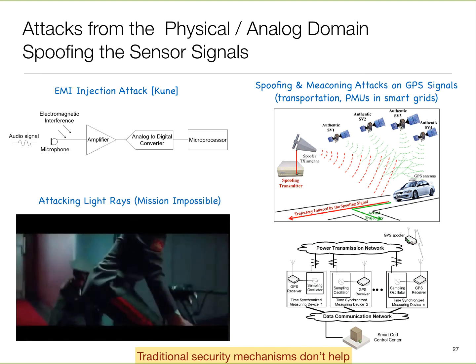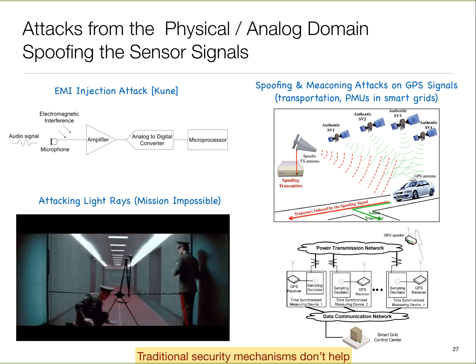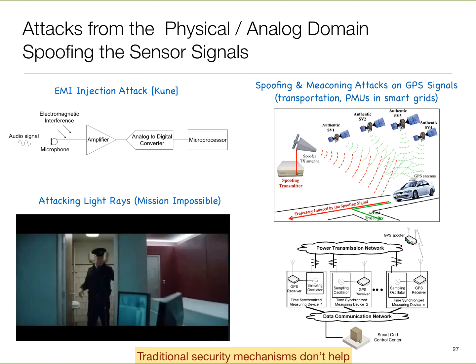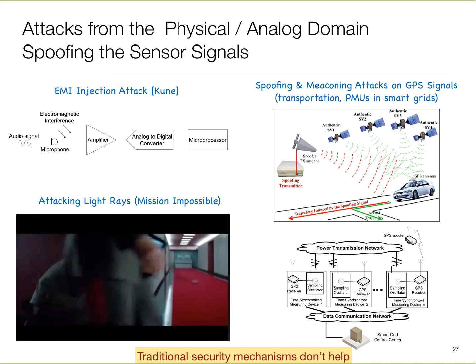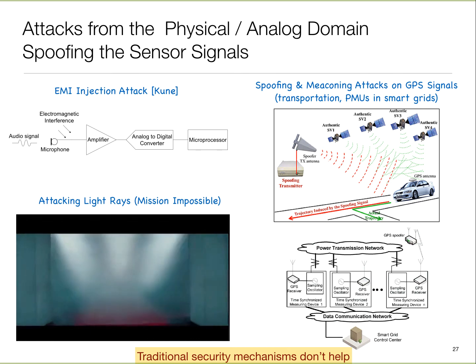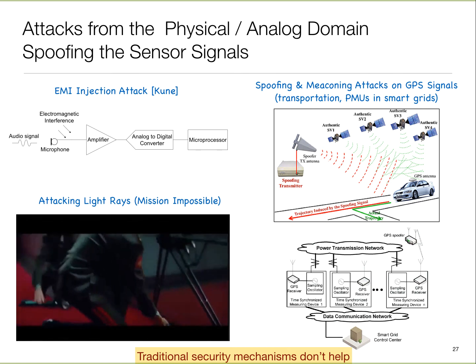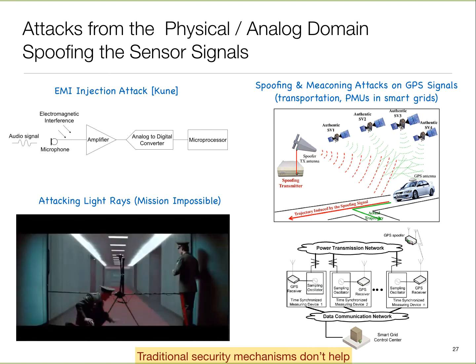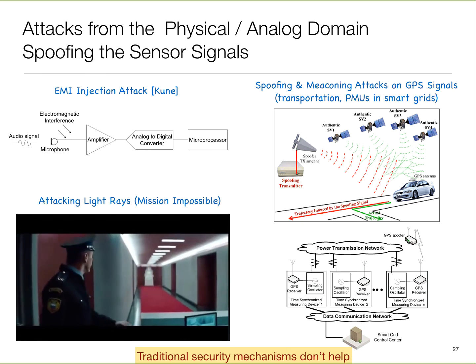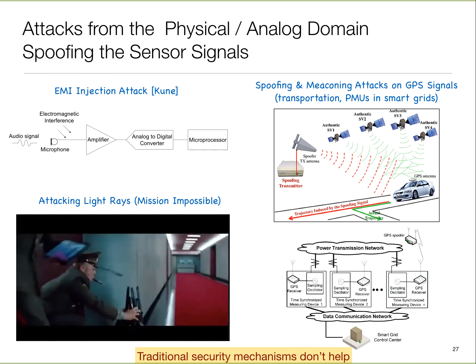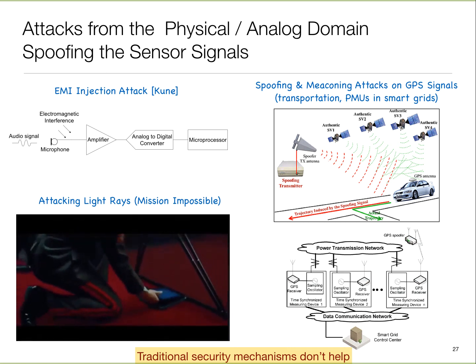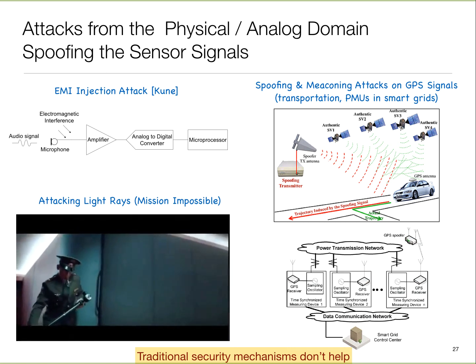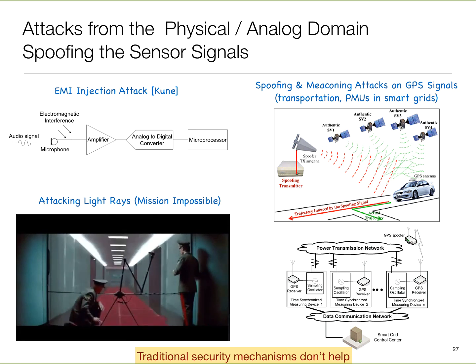But these PMUs, which are distributed over, let's say, the western US, need to be sampling in a very tightly synchronized way. For us to compare a reading here in LA versus a reading, let's say, out in Oxnard, you need to make sure they were taken at the same time, or you should know the precise shift between them. So the way they do it is they have GPS units, and GPS, as you know, can provide tenths of nanosecond type time accuracy. So they timestamp and work with that.